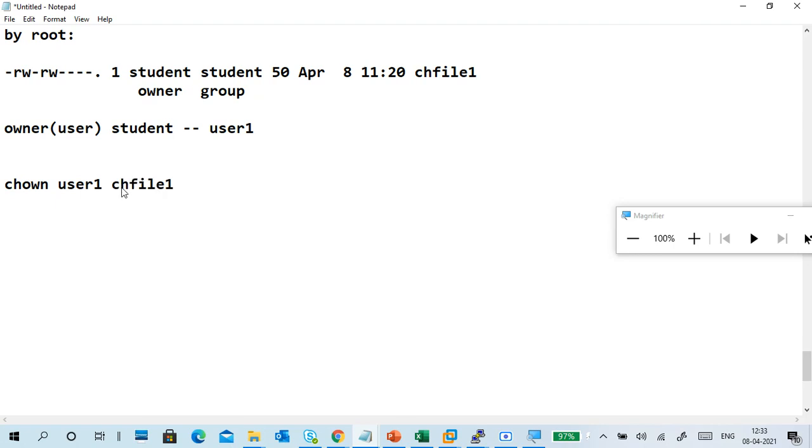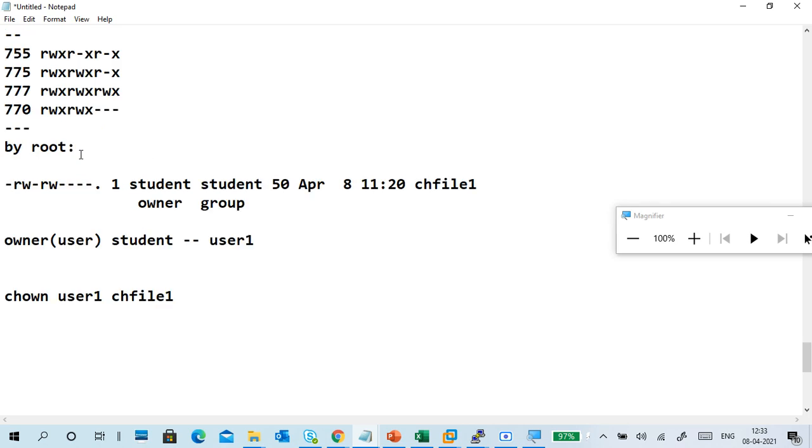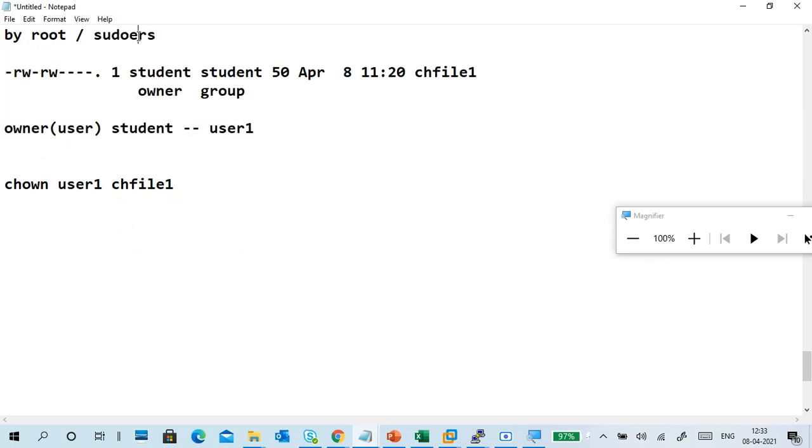chfile1. Okay, these commands are run by root, so for sudoers, you have to use the sudo command before this one.